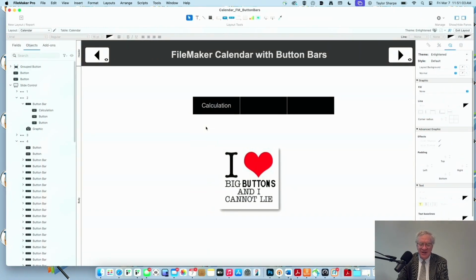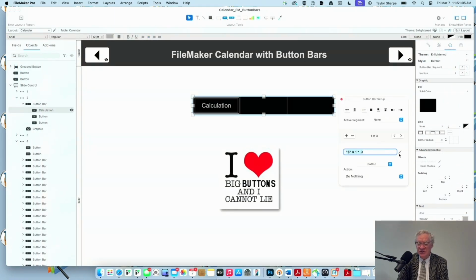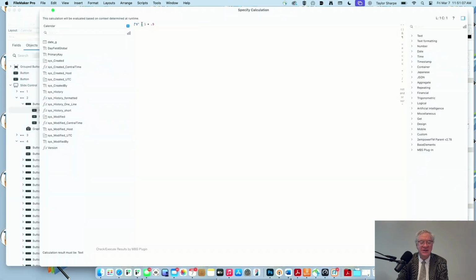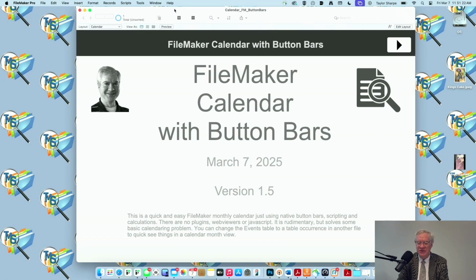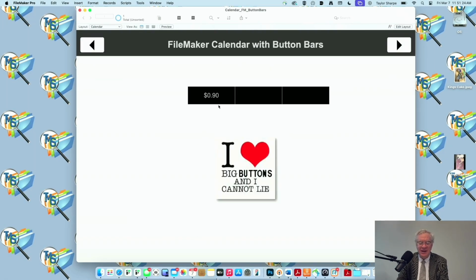So I use other custom functions to format stuff. There are a whole bunch of these different custom functions out there, but here's a custom function that, now we have it formatted the way you want. And it throws in the commas if you have large numbers too.